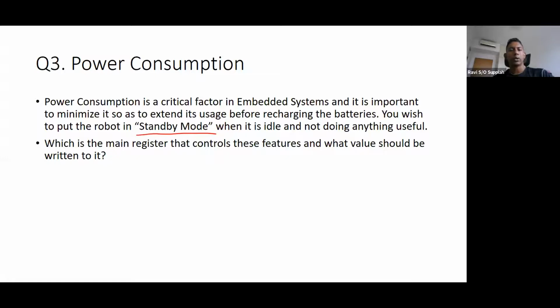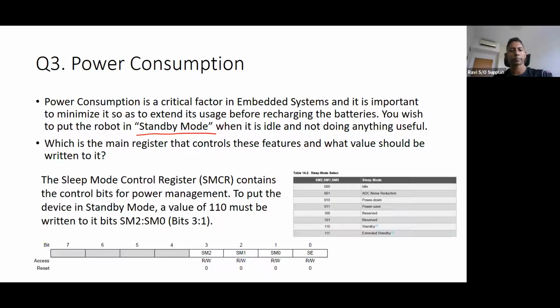Okay, so most microcontrollers have some capabilities of doing power management. The Arduino, I mean the Atmega 328 that we have, has some very basic features which can help us cut down the power that the device is going to consume.